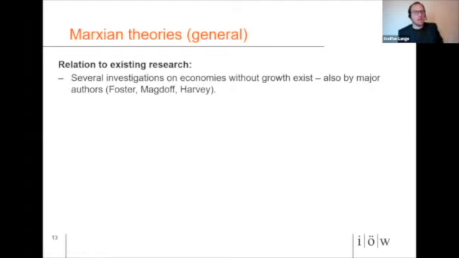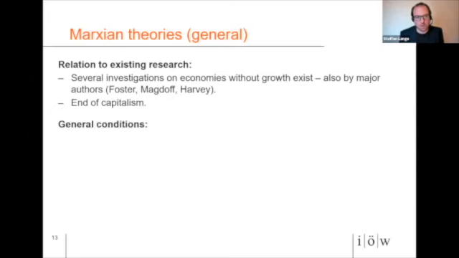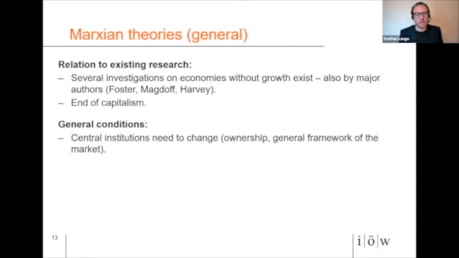And here I would say there were most investigations on this issue compared to neoclassical and Keynesian theories, and in particular by prominent figures. So by Foster, by Magdoff, by Harvey, who are prominent Marxists. And they argue basically that it's not possible to have zero growth in a capitalist economy. You would need an end of capitalism to have zero growth. And I come to a bit of a similar result, but